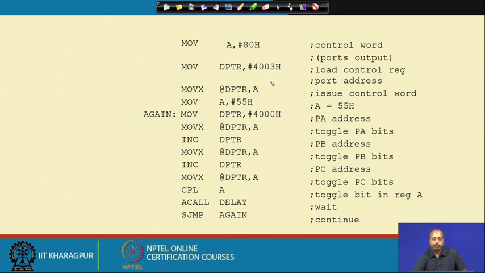Then we get the value 55 hex into the A register and load DPTR with the value 4000. 4000 was the address of port A, and so in the next instruction, when we do MOVX @DPTR, A,